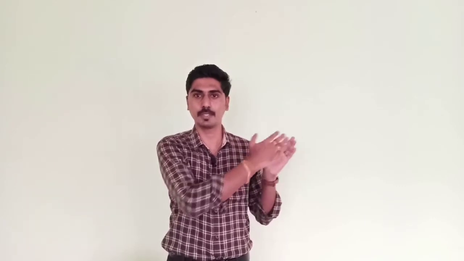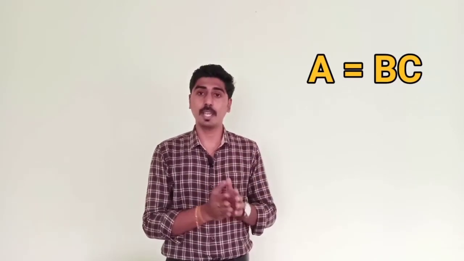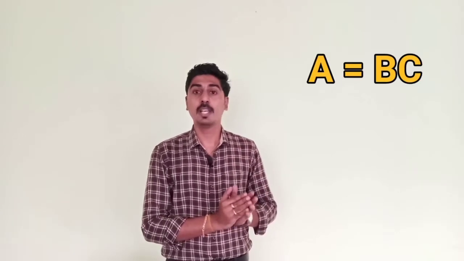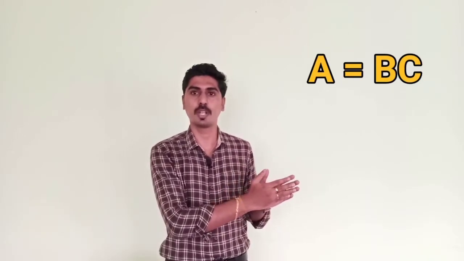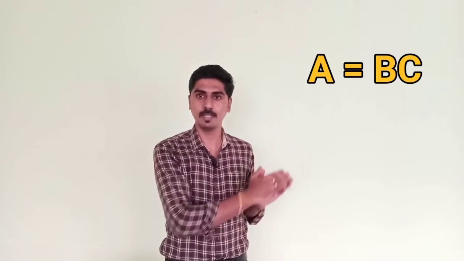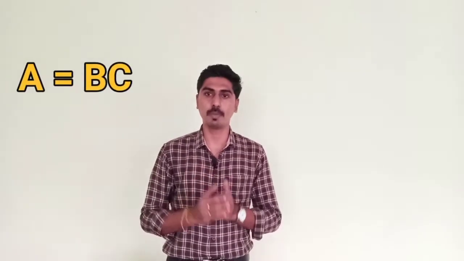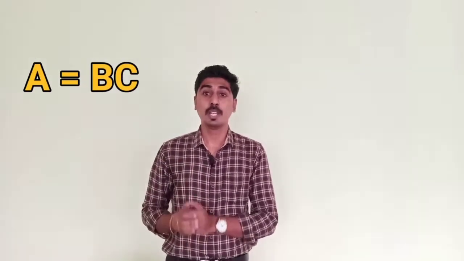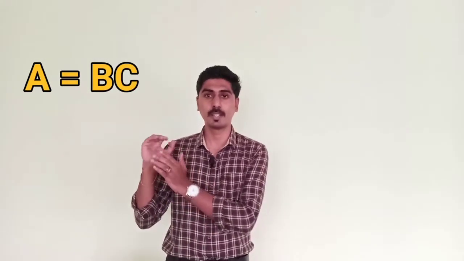Suppose a matrix A is equal to matrix B into matrix C. If you apply a row operation for matrix A, parallelly you should apply the row operation for matrix B on the right hand side, keeping the matrix C as it is. If you are applying a column operation for A, you should apply the column operation for matrix C, keeping the matrix B as it is. Using this idea, now we shall see how to find out the inverse of a non-singular matrix using elementary operations.